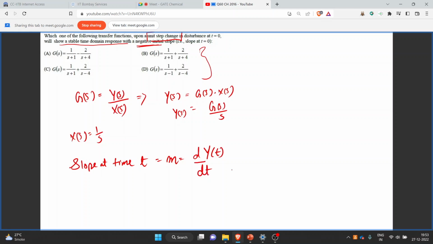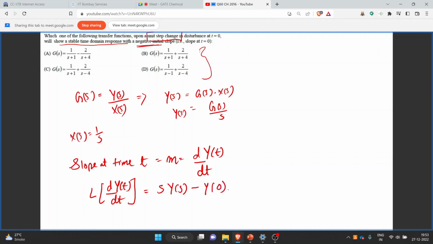Now we have to find the value of dy(t)/dt and put the value of time t equal to 0, and then find for which of the following transfer functions we will be having a negative initial slope, that is, for which transfer function m will be less than 0. So if we take the Laplace transform of this derivative dy(t)/dt, if the Laplace transform of y(t) is Y(s), then we can write this as sY(s)